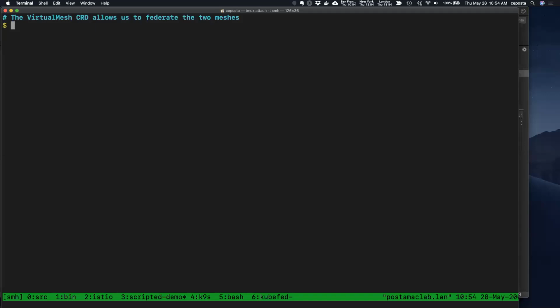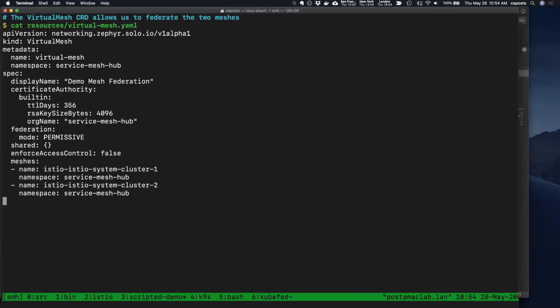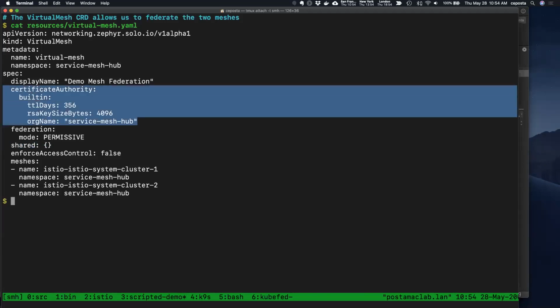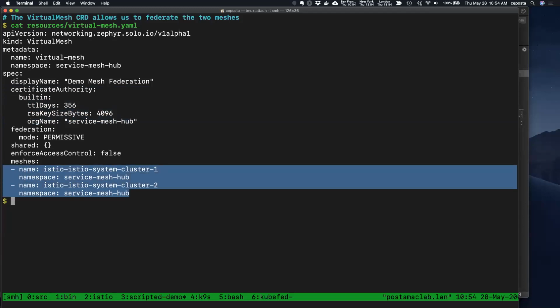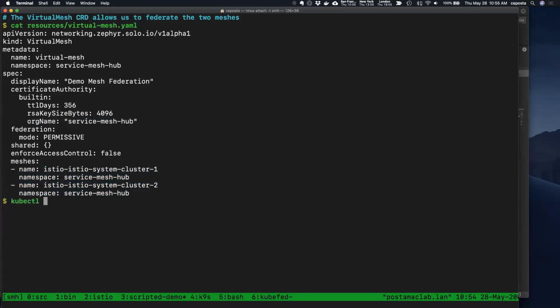What we're going to do with Service Mesh Hub is create a CRD called the virtual mesh CRD. And with the virtual mesh, what we're going to say is federate these two meshes. In this case, we're going to go with permissive mode, which just means federate all of the services from each of the clusters so that the services in cluster 1 can talk to the services in cluster 2 and vice versa. We're also going to specify that we want a shared root identity. In this case, we'll have it auto-generate a root, but we could also point it to a specific one. We could tell Service Mesh Hub exactly which meshes we want to include in this virtual mesh, which ultimately will be treated as a single global mesh. So let's go ahead and create that